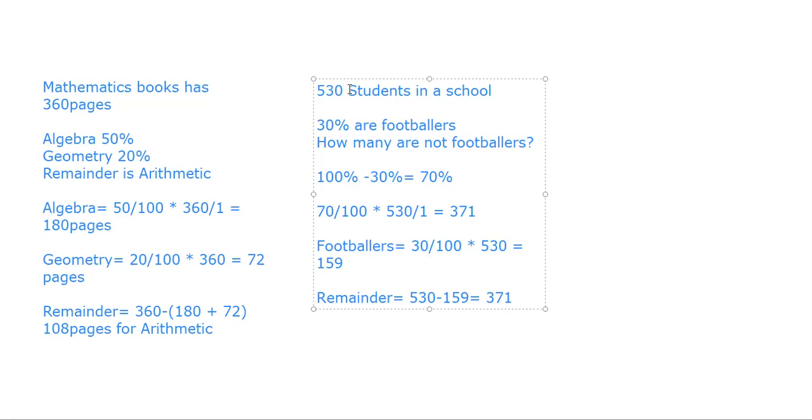All right, so students. So we label our stuff correctly. Great. These are basic percentages questions, right? And the last question for the homework